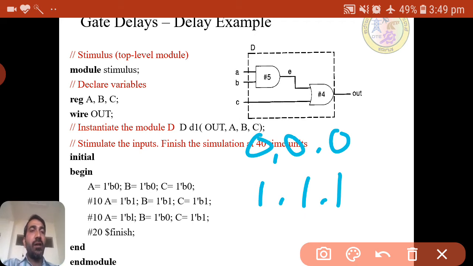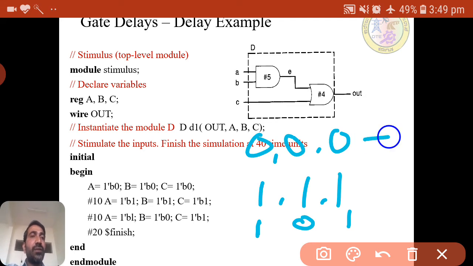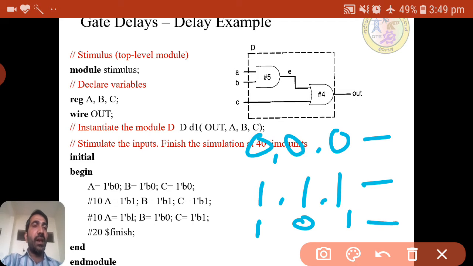Again after 10 nanoseconds, A remains the same, B changed to 0, and C remains the same. So 0 0 0 at the initial stage, 1 1 1 after 10 nanoseconds, and 1 0 1 again after 10 nanoseconds.